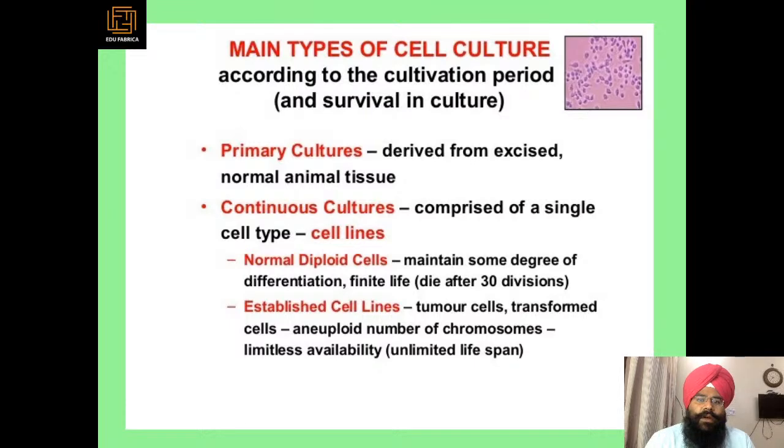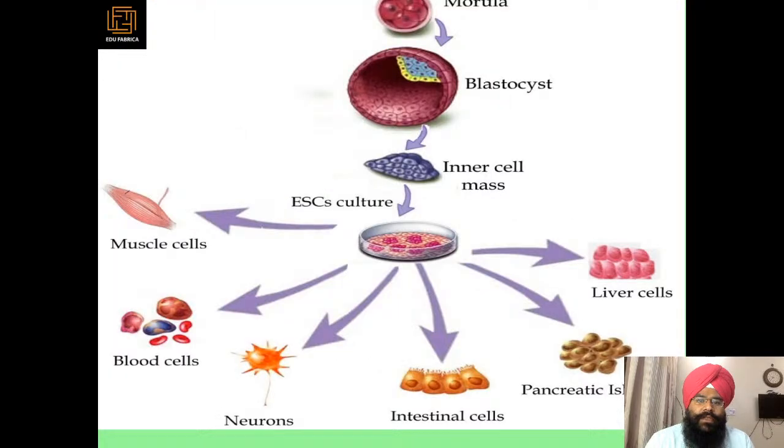So we have discussed already primary and continuous culture, and this is the stem cell line, stem culture. So morula, blastocyst is made, then inner cell mass is there, then embryonic stem cell culture grows: muscle cells, blood cells, neurons, intestinal cells, pancreatic islet cells, liver cells. Further,